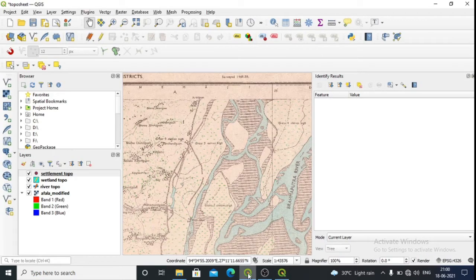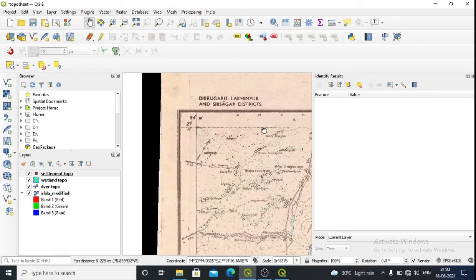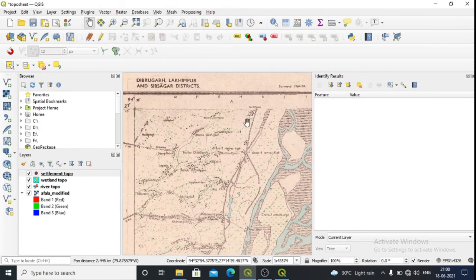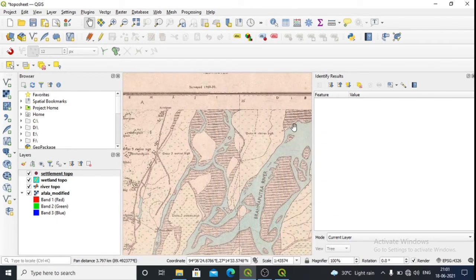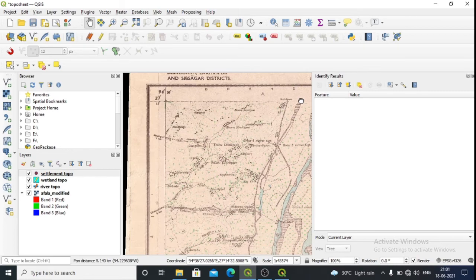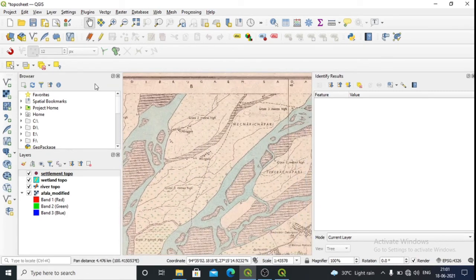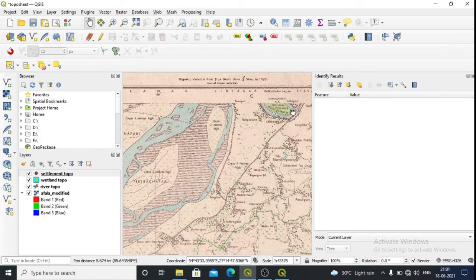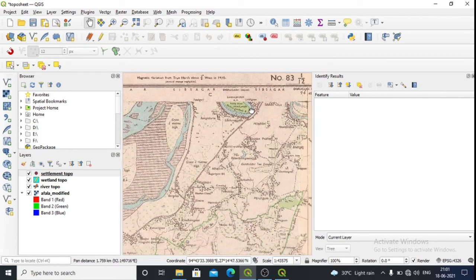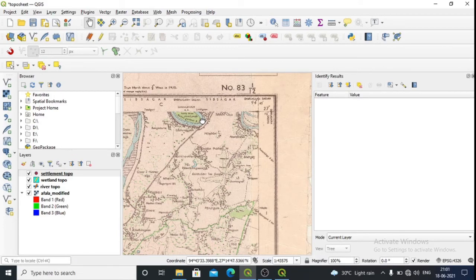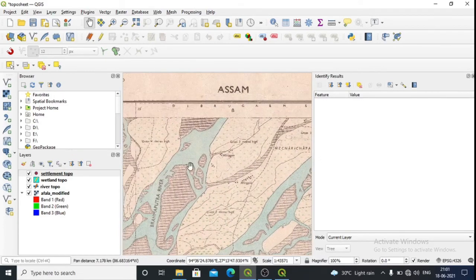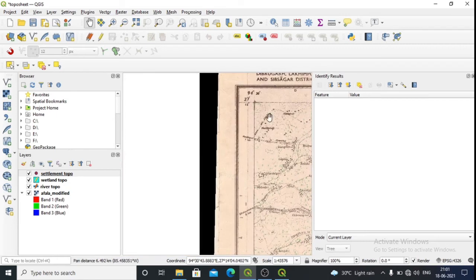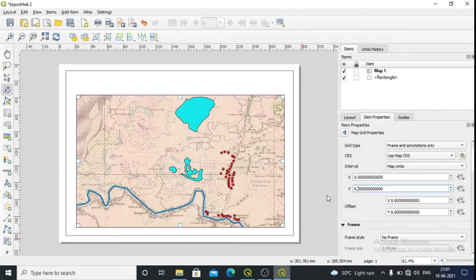Okay, the map. If you look at the map, the interval was 94 degree 30 minute. So the interval was this is 30 minute, this is 35 minute. So what interval we should give, minutes. If you see, this is 94 degree 30 minute, this side we have 35 minute, 40 minutes, so the interval is how much? It is at 5-minute interval. So this is 94 degree 45 minute, this is 40 minute, this is 35 and this is 30. That means we have to give the interval at 5 minutes.